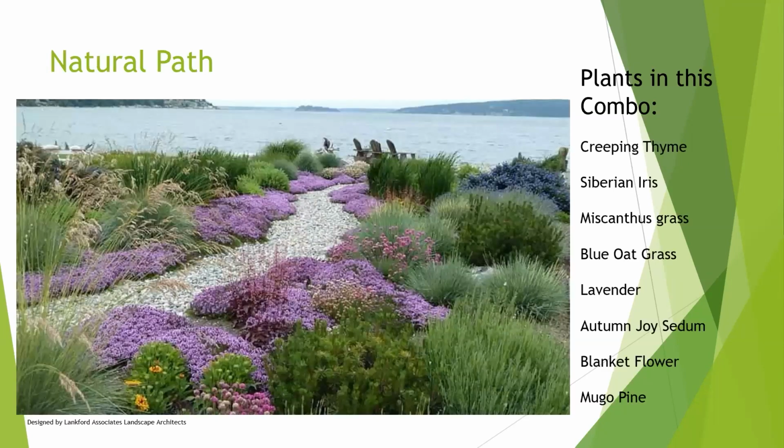Okay, so if you want to do kind of a Mediterranean design, this is a great example of that. There are a lot of plants in this design. So we have some creeping thyme. That's going to be down here closer to the border of your pathway. They have some irises in here. There's the mugo pine. That mugo pine is going to add some color